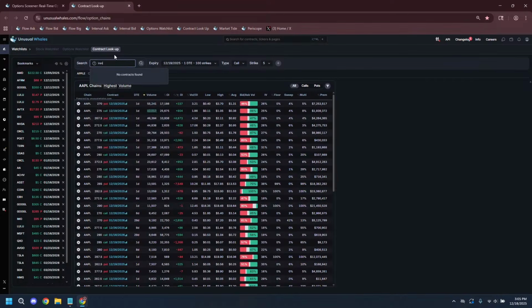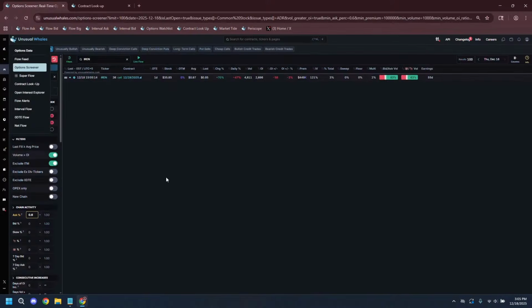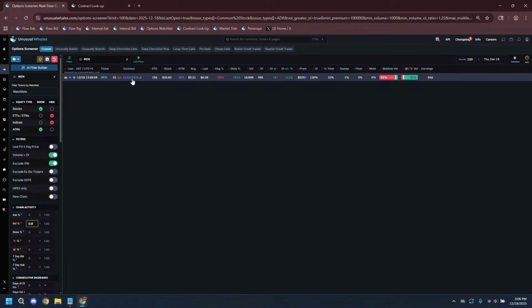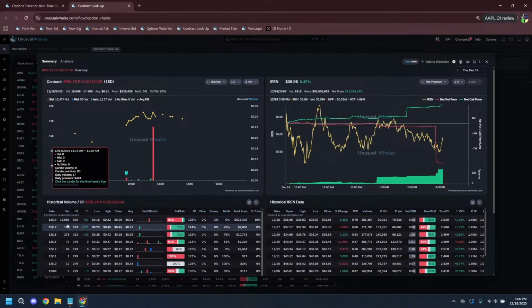Another way I can look at it is to just generally look at the options chain as a whole, to see what might be going on in the bigger picture. One thing that we didn't notice on this specific screener, because it's only looking for stuff that has mostly ask side activity. If I did mostly bid side activity, we would have seen this 25p, which I only noticed because I just happened to look at the totality of the IREN options activity. So the contract with the most activity was the 25 January 2, which is 30% out of the money,